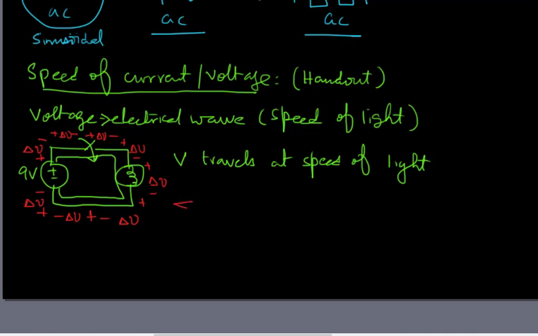Remember that the sum of all these delta V's is going to be 9 volts, since you are applying 9 volts. But this 9 volts is distributed in very small voltage fractions throughout the circuit. They are not the same, by the way. This delta V, for example, might be different from this other one. So they're not exactly the same, but they are very small voltages and they are spread in the circuit. And they are spread just as soon as you turn the switch on, because the voltage wave travels at the